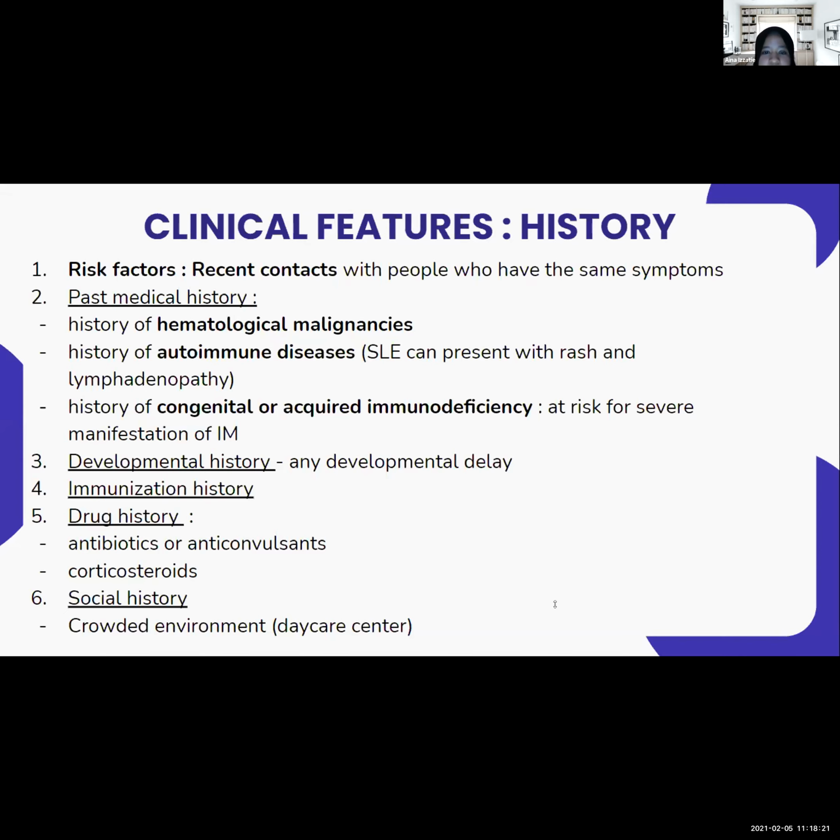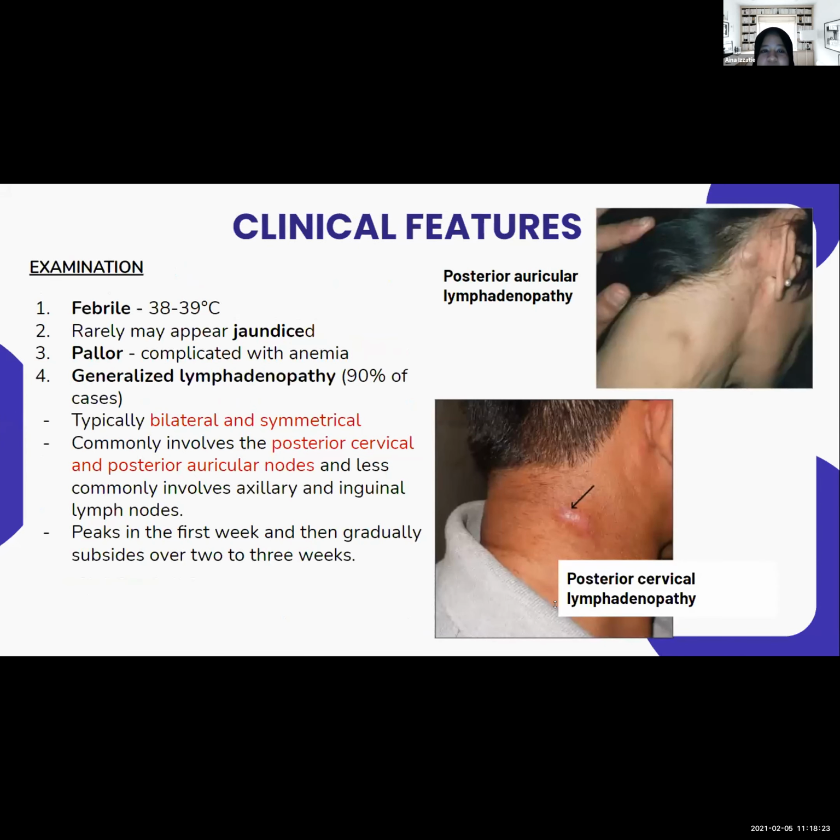more easily. Okay, for physical examination, usually the patient is febrile and the temperature can be about 38 to 39 degrees Celsius. Rarely the patient can appear jaundiced. And then the patient can also appear paler if it is complicated with anemia, which is one of the